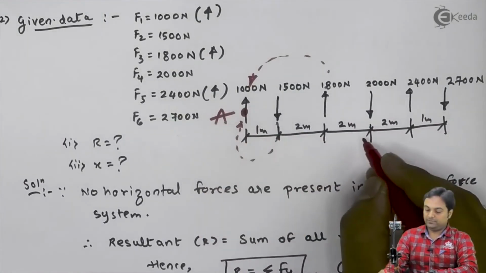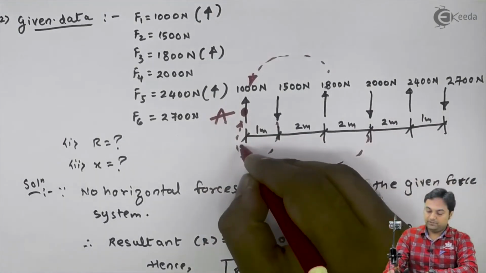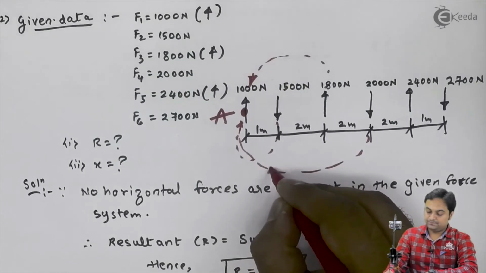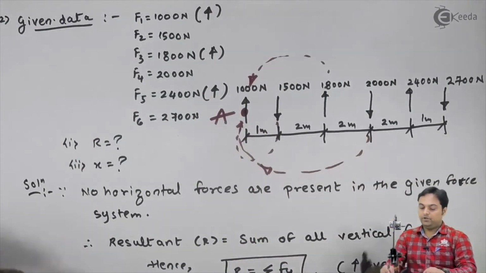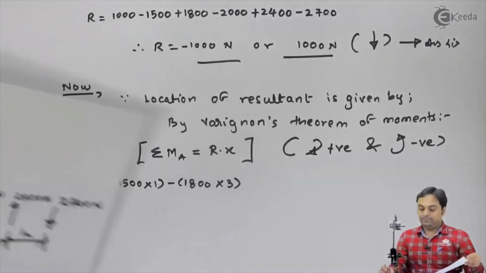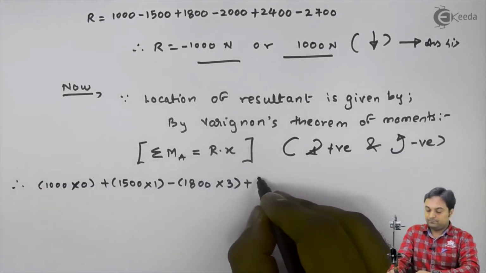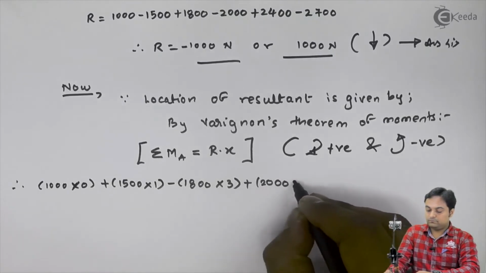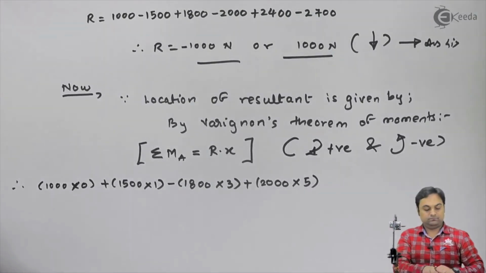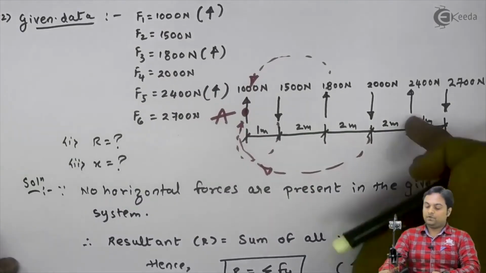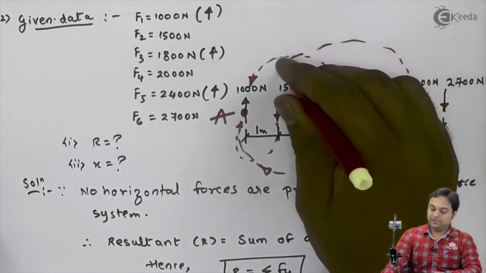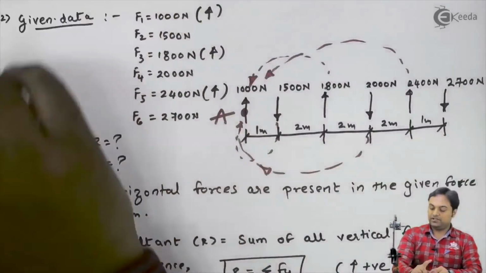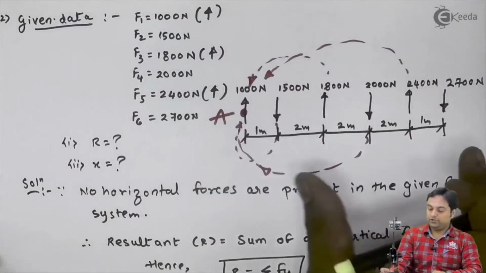If I take the moment at point A, this would be in the clockwise direction. That will be 2000 into 5, then 2400. It is producing a moment in anti-clockwise direction. So minus 2400 into 7,